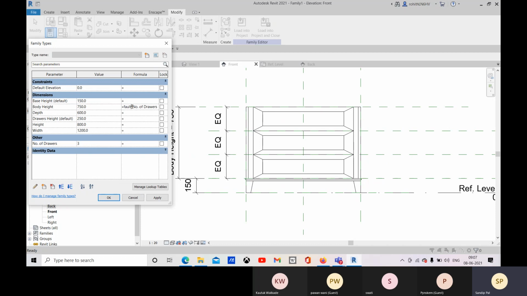Just remove that default. Okay, and now you can see you cannot change it. If you change the drawer height and the number of drawers, your body height will be changed. Now let me show you that number of drawers. If you apply 5,